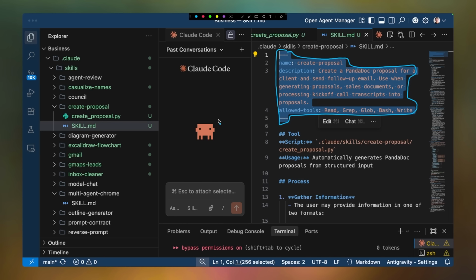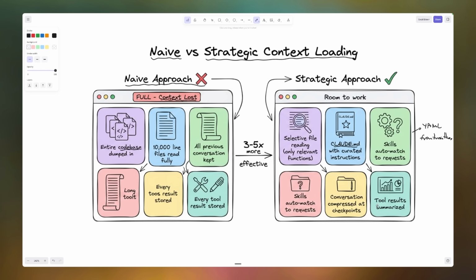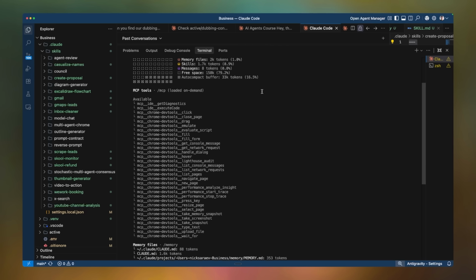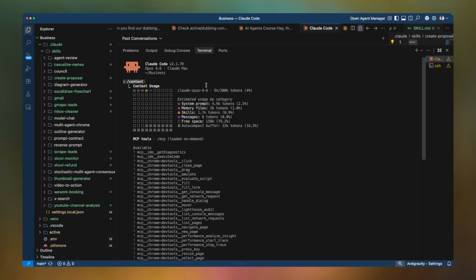That's because this little space invader sees it has the ability to call a create proposal skill, but it doesn't need to know all the rest of this, because what's realistically going to happen? Well, 90% of the time you won't even ask. There are so many other skills it'll probably be using. We're also now doing things like summarizing tool results. Instead of storing the entire thing in your context, we just store a very short summary of basically the input and output.